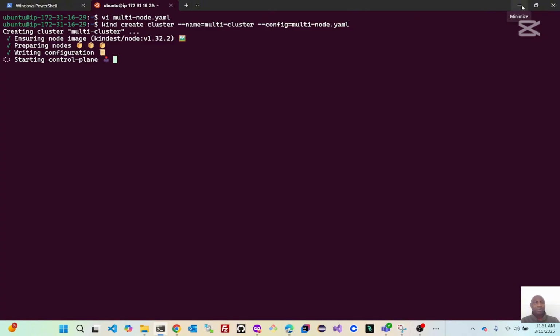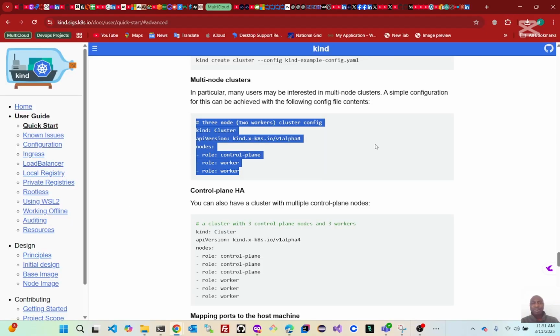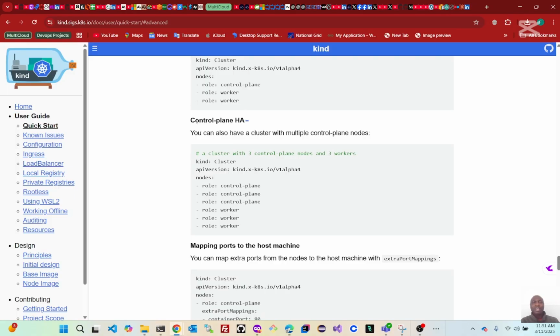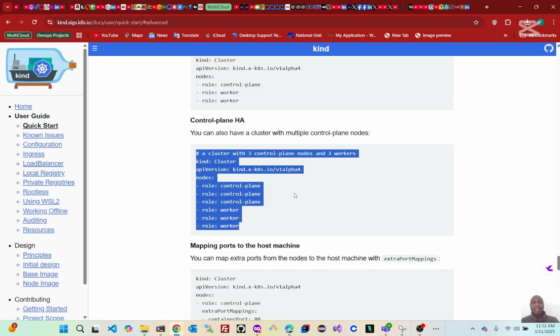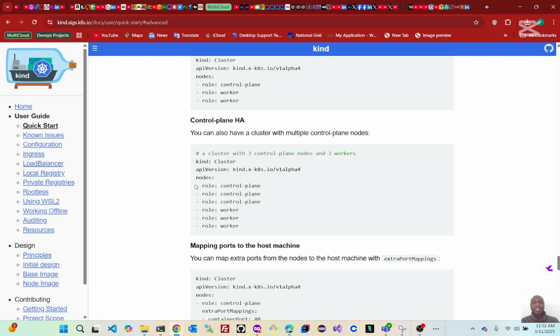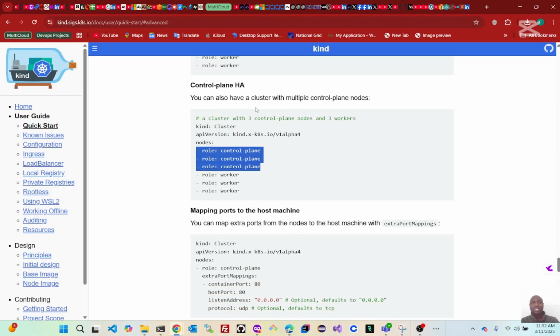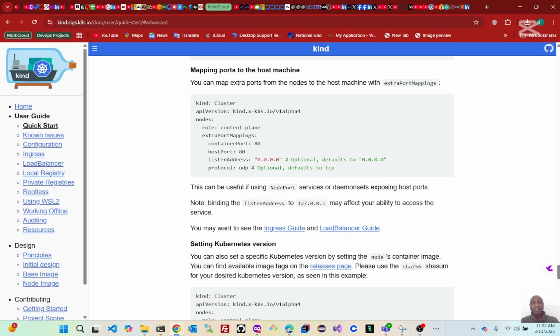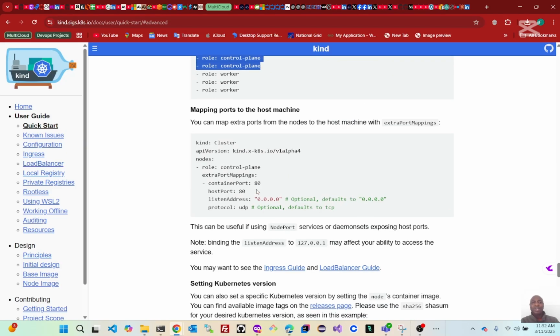So while this is ongoing, we can explore other things. If you want to create a control plane with high availability, this is the command here, and you can see why it is highly available. It has 3 control planes. So there is going to be little downtime. If this control plane fails, this one takes over. If this control plane fails, this one takes over. And it also has 3 worker nodes. So this is for high availability, and we have different commands that you can run here to create